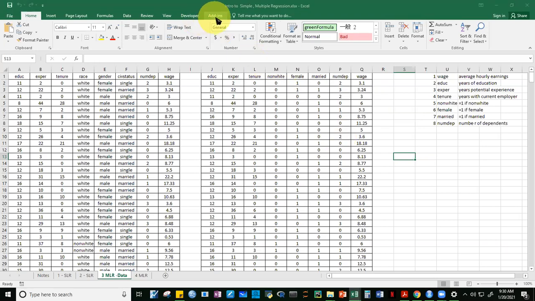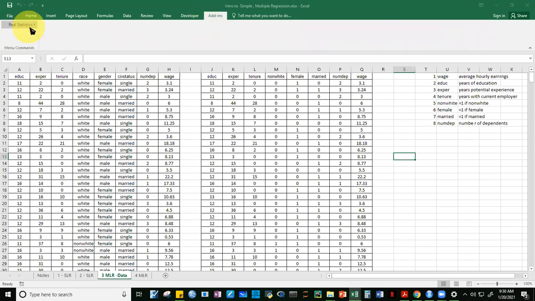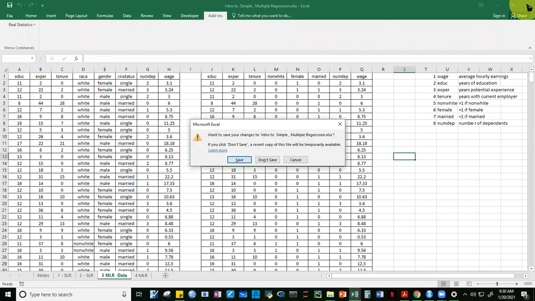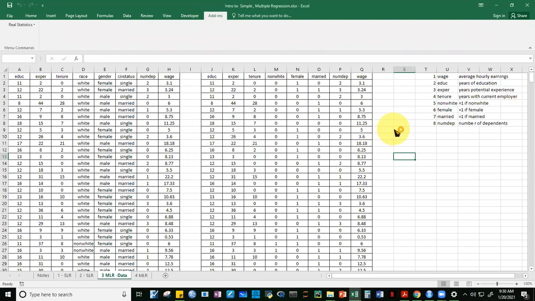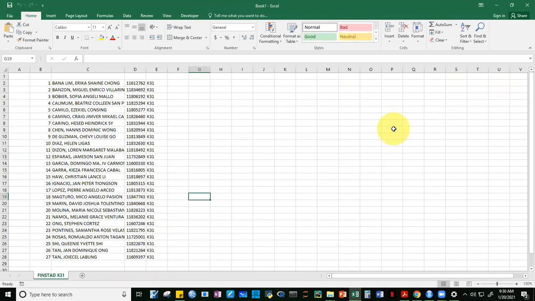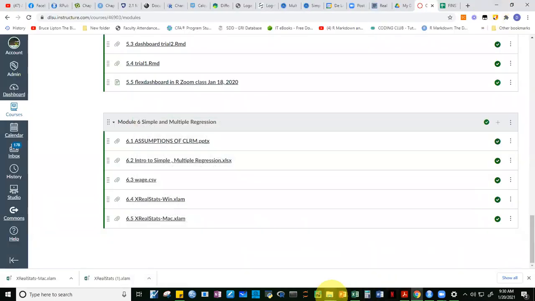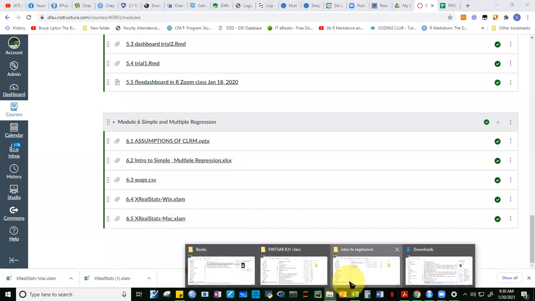You'll now see that there is an add-in here already. In your tabs, add-ins, and then this is now your XReal Stats. Okay. Now what happens when you close this? When you close your Excel file, I'll close it, and then I'll save. So my Excel file is closed. When I open it again,